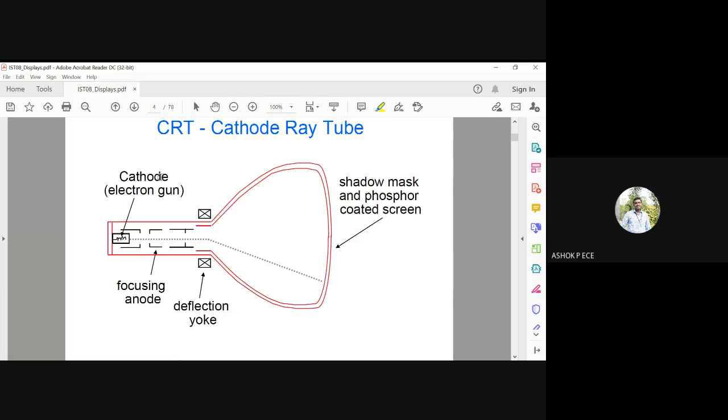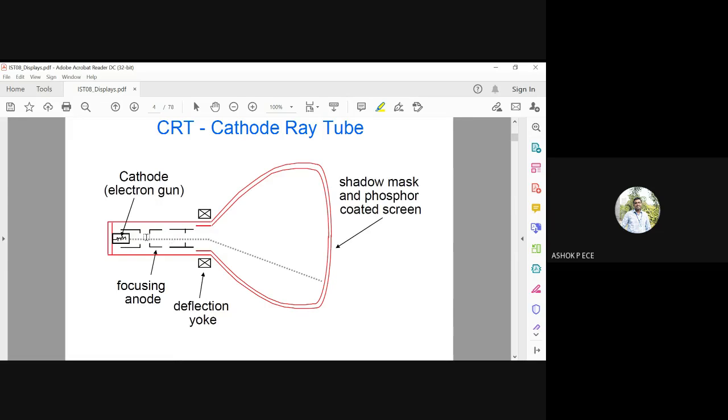This is called the electron gun, and the cathode emits high speed electrons. When they come out, they travel at random speeds, so to control them you have the focusing anode. The focusing anode ensures the electrons go in a straight line and are not deflected from the central path of travel.